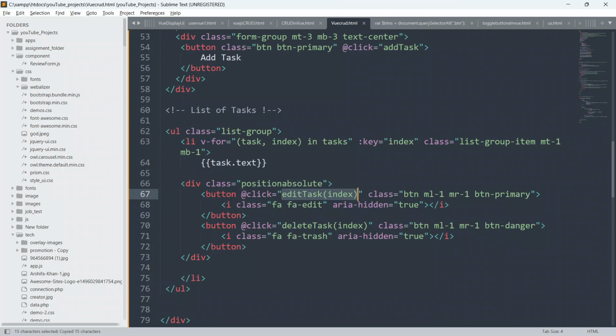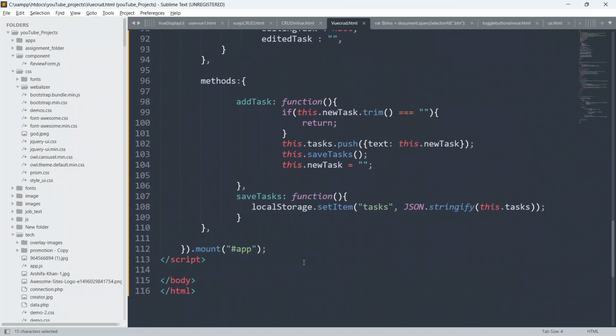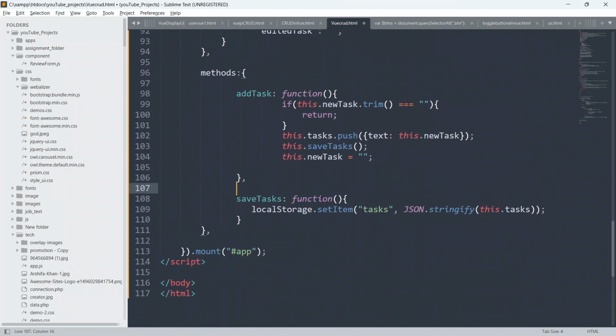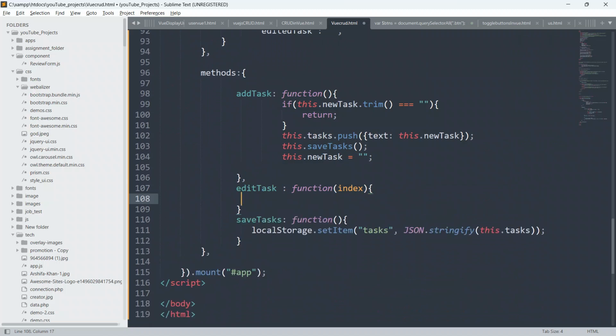And just go to the Vue.js code, and below this just paste this function. Just remove this colon and put function, and we have to receive that index here also. So put index here and open and close the curly braces, and we will say edit task. Now we are going to define the edit task method.